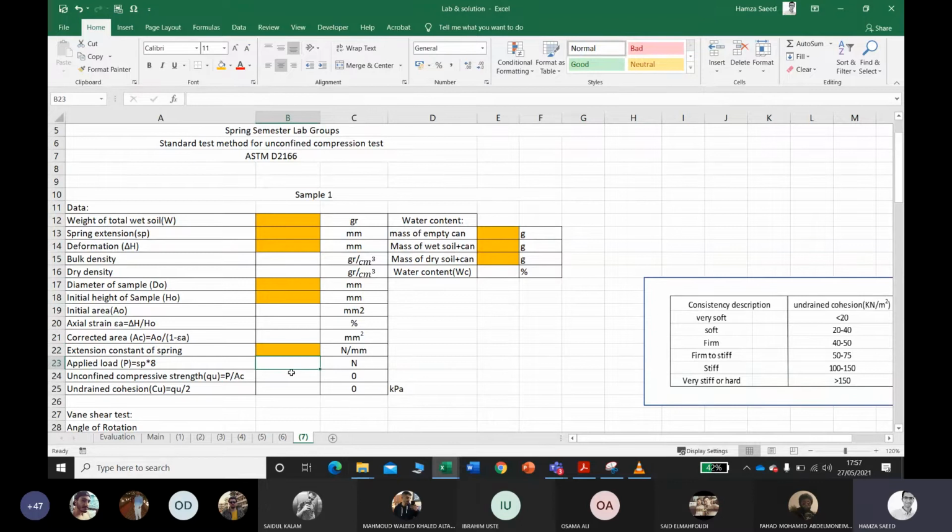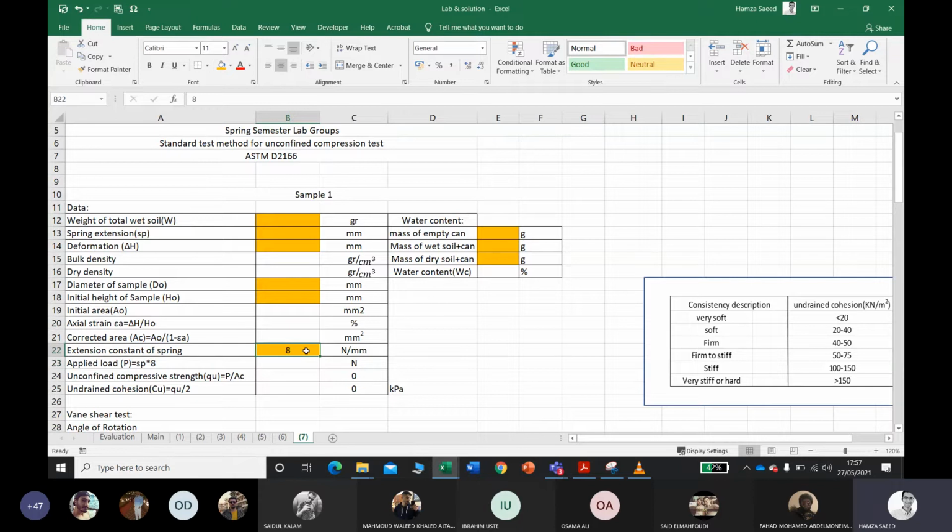Now, how to obtain the applied load? So from here, what is this? The extension constant of the spring. Okay, guys, let's say the spring extension constant is fixed.